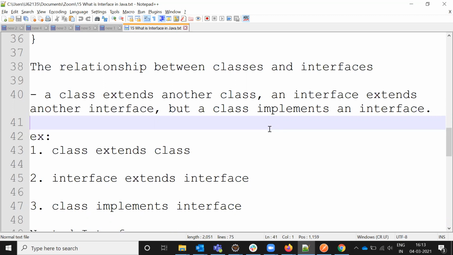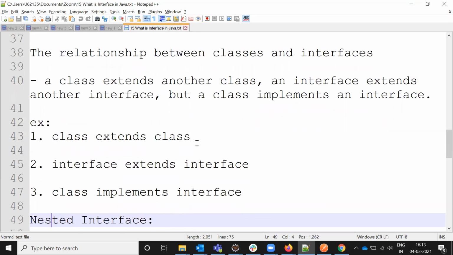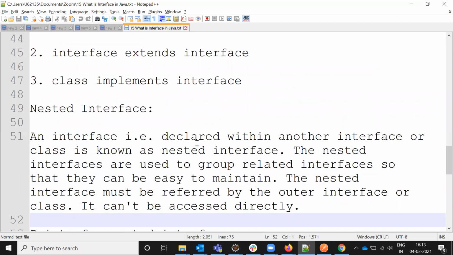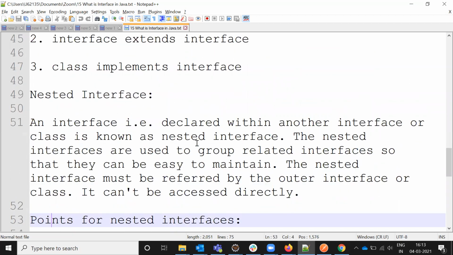But if you want to implement an interface in a class, we need to use implements. Then only can we implement those methods, because the interface only has methods and there is no body.